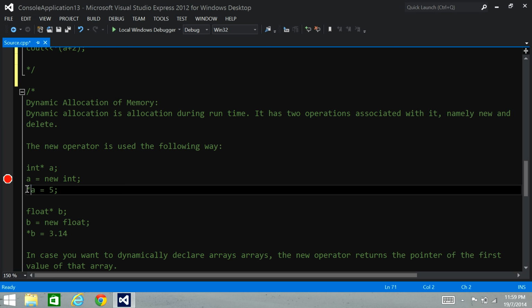Star a is whatever is in a, the thing that is inside the memory location. We make that thing which is inside the memory location 5. Okay,